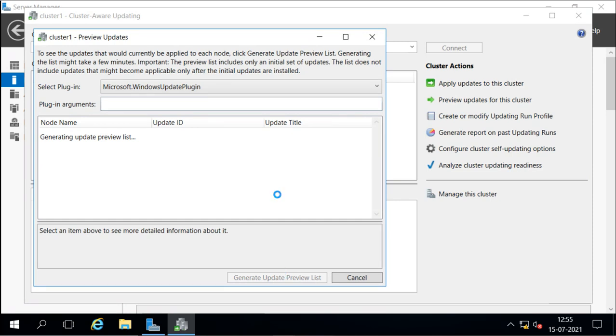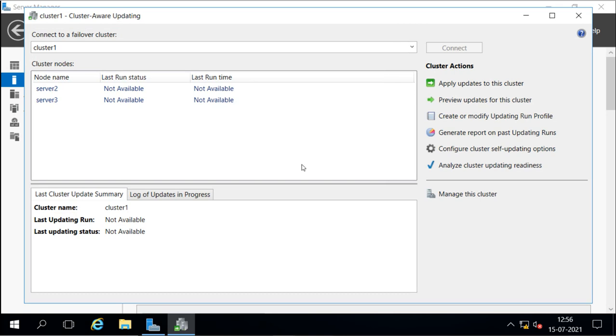What is the cluster update situation here? Now it will take some time, but right now my servers are not connected to the internet, so they are not going to be updated.